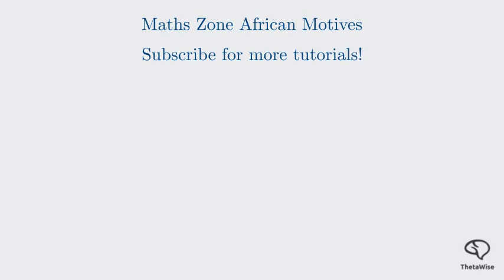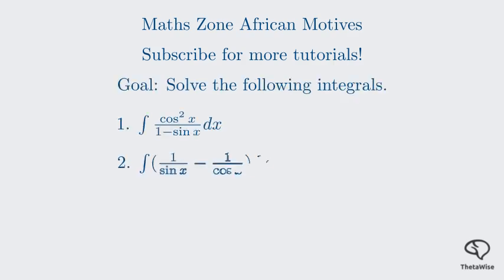Our main goal in this video is to solve two specific integral problems using simplification and standard integration formulas. First, we will focus on problem number 8. We will tackle the integral of cos squared x divided by 1 minus sine x. By the end of this scene, you will be able to solve this integral by first simplifying it using trigonometric